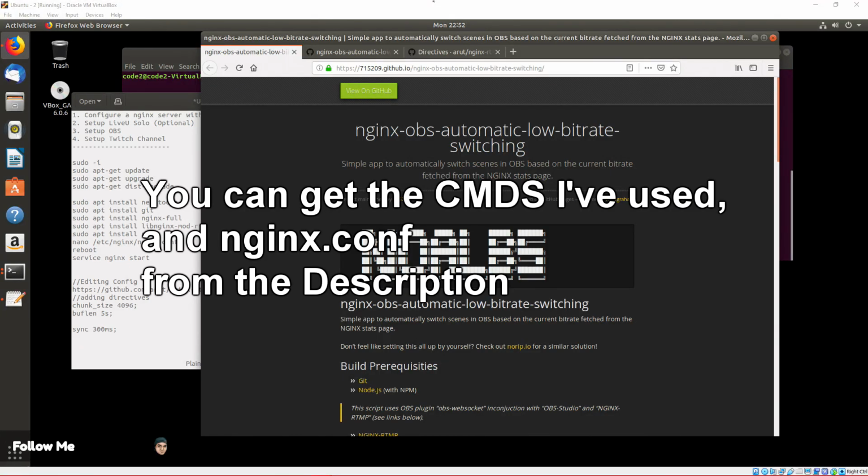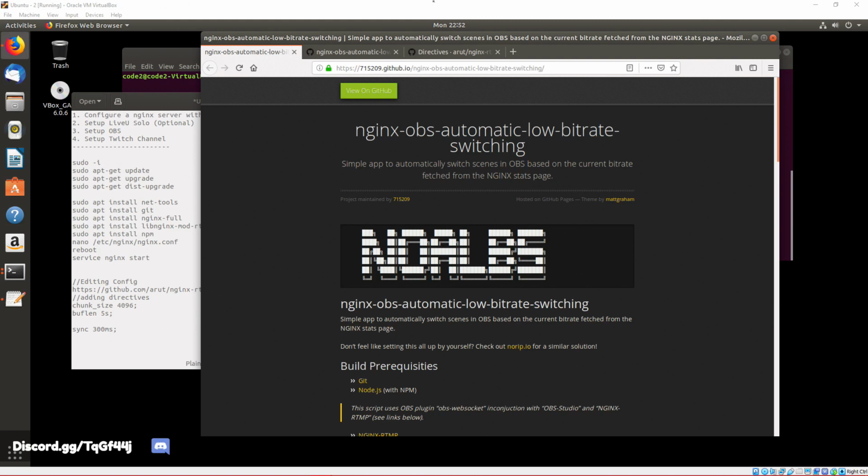It is 𝗶𝗶𝗁𝗶𝗀𝗀, and today we're going to be talking about and showing you the NGINX OBS automatic low bitrate switching, meaning it's a simple app to automatically switch scenes in OBS based on the current bitrate fetched from the NGINX stat page. So basically, if you are a viewer of 𝗵𝗵𝗀𝗀𝗶𝗶𝗁𝗀, 𝗵𝗵𝗀𝗀𝗀𝗀, The Real Shook One, some type